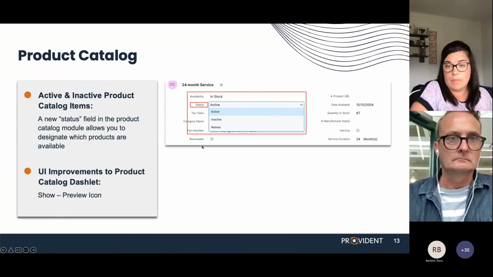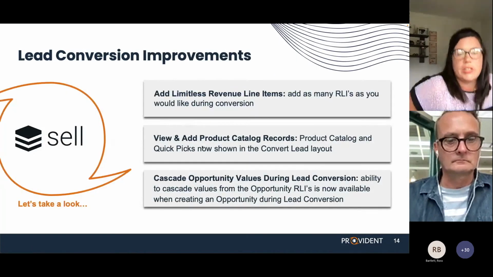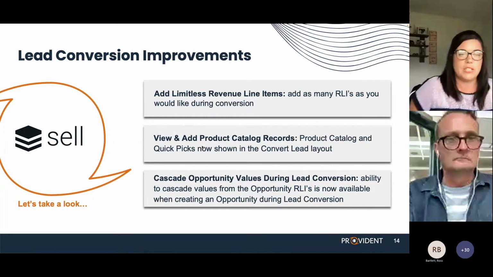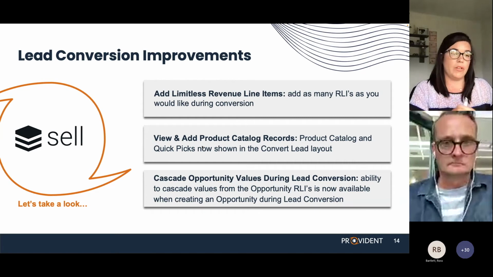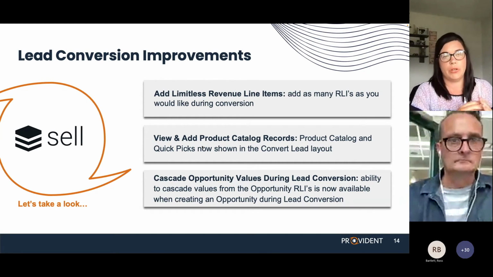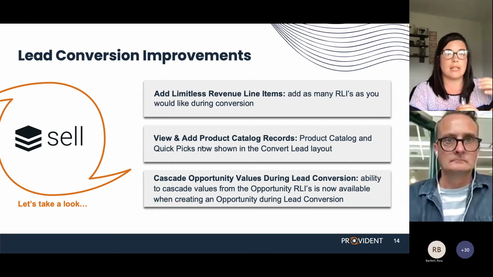Okay. Next one, lead conversion improvements. Again, there's a couple of bits for me to show you on this one. So typically when we are converting from a lead, as you'll know, Sugar goes off and creates a contact and